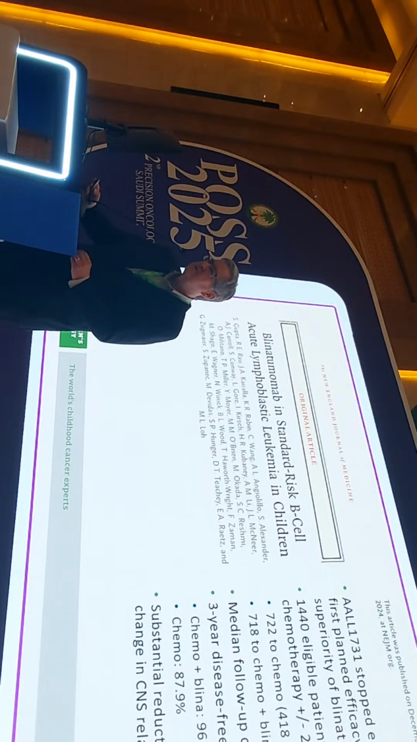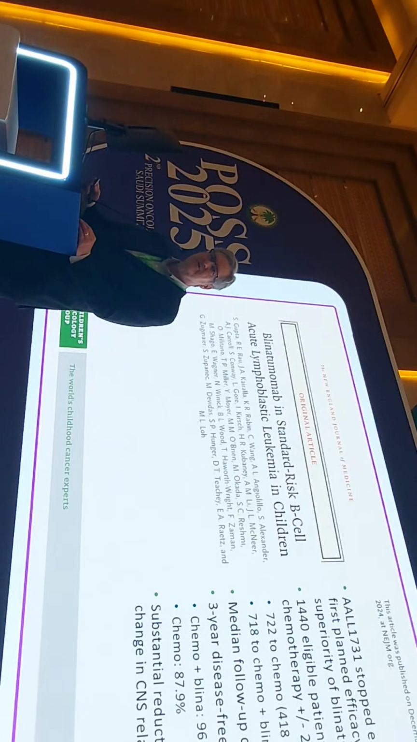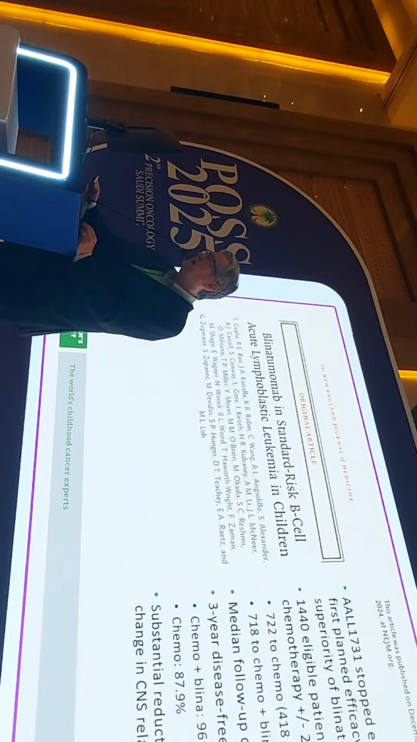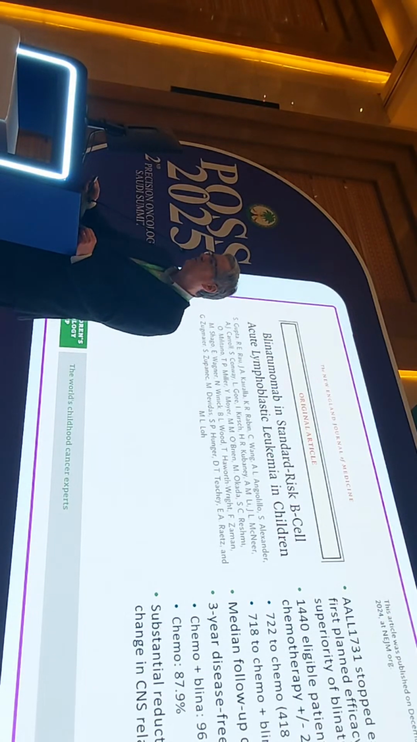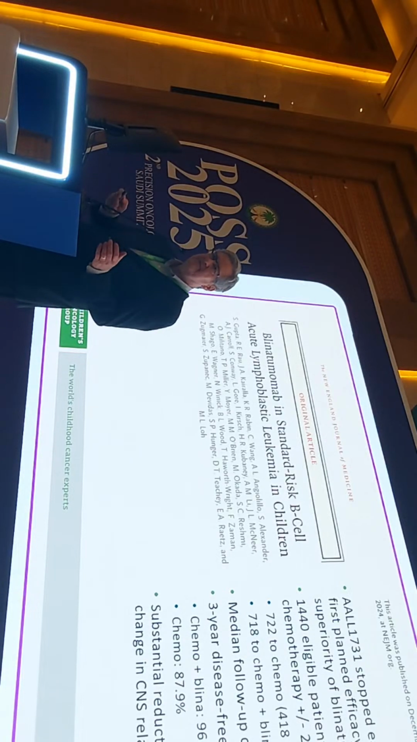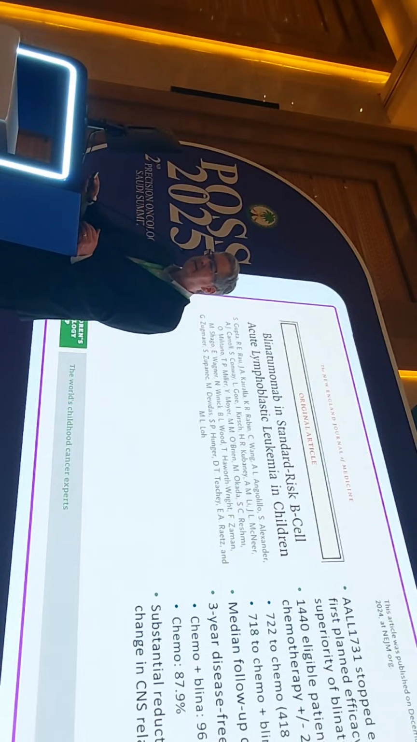Now, the results of this study were published recently in the New England Journal, and this trial was stopped at the time of the first interim efficacy analysis. So an efficacy analysis was planned when 40% of predicted events had occurred, and at this time there was a dramatic advantage to the blinatumomab arm that led the trial to be stopped. So 1,440 eligible patients were enrolled and randomized, half to chemotherapy plus blinatumomab and half to chemotherapy, again 2 different